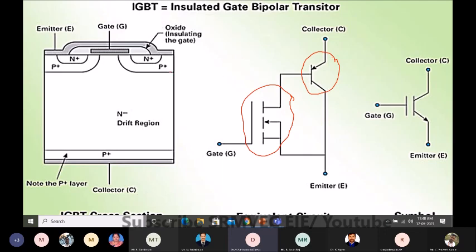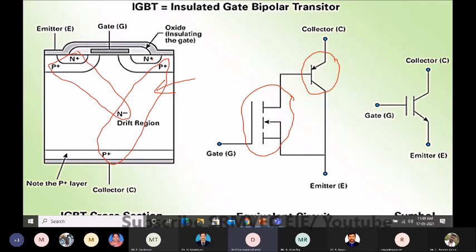Usually from the structure you can understand it is not only a single MOSFET and a single BJT. You can see, in terms of N, P, N, it is an NPN transistor, and in terms of P, N, P, you can take it as a PNP transistor. So two transistors are available inside the BJT, NPN and PNP. The construction makes the electrical equivalent look like that.